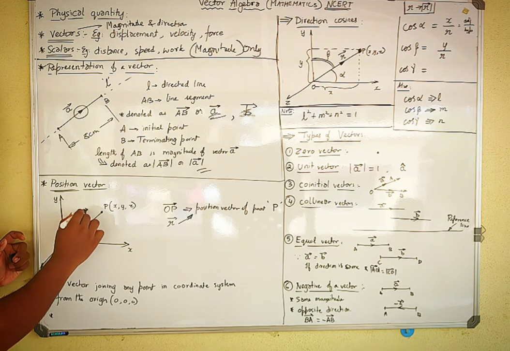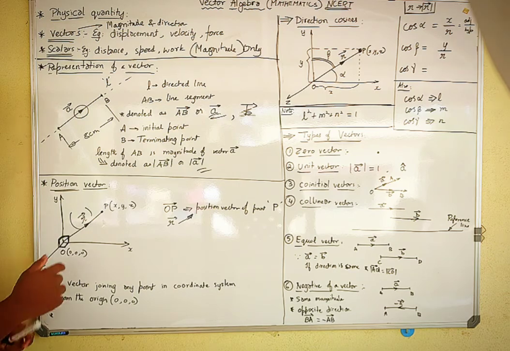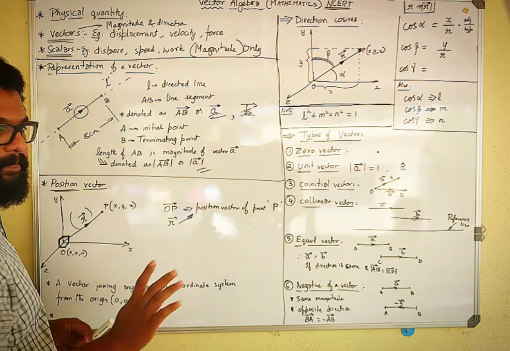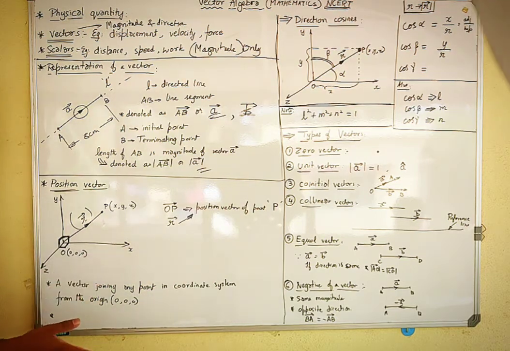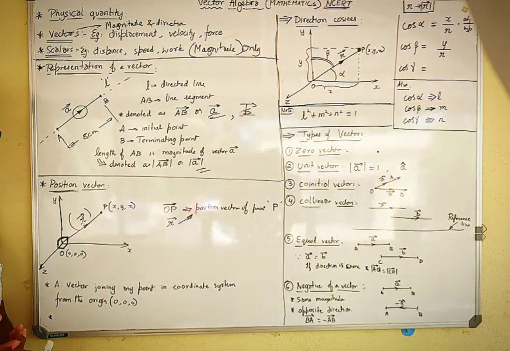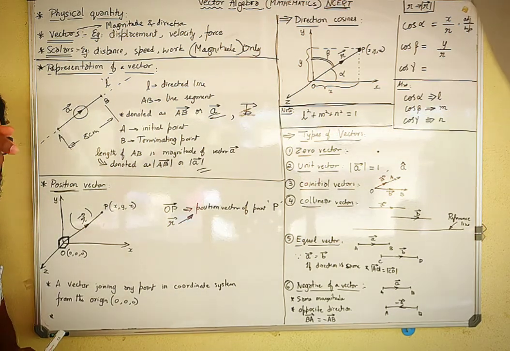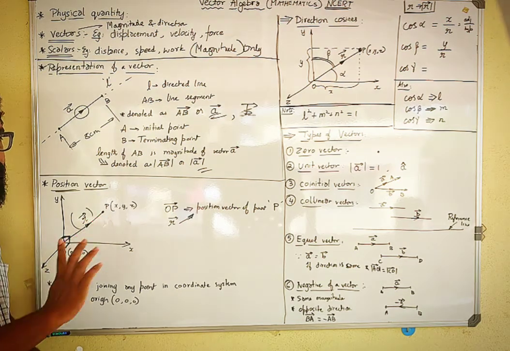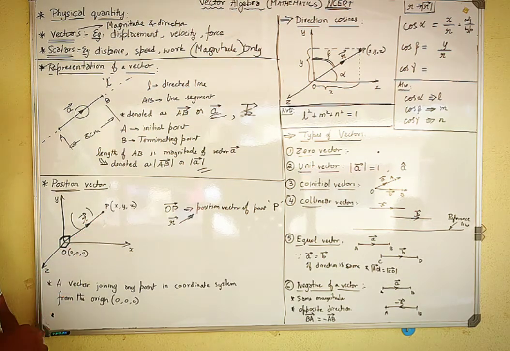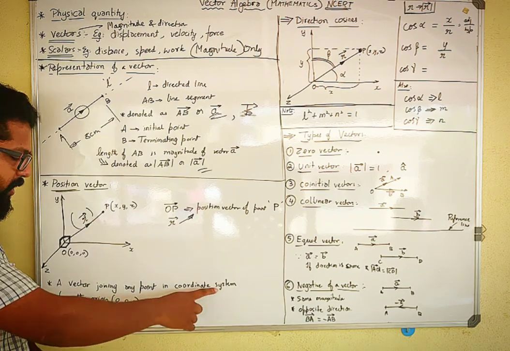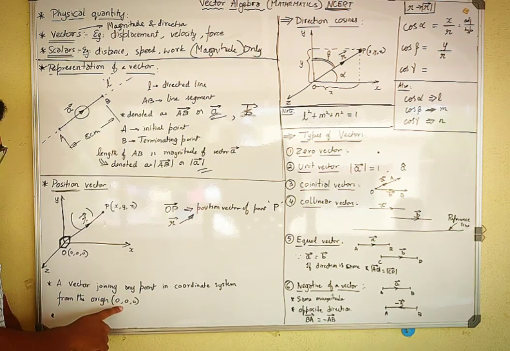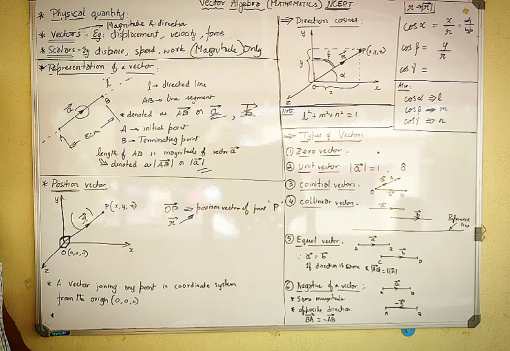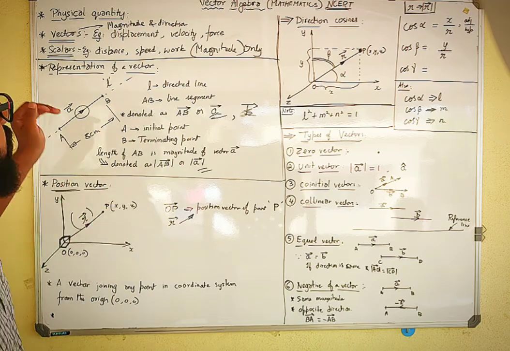I can name it anything. Here they have named it as R vector. So R vector is denoted as a position vector, and it is the position vector of point P. Okay. So the meaning of position vector is nothing but an imaginary line joining from a point in a 3-dimensional space to the origin. That line which indicates a vector is called a position vector. Okay. So that's it. A vector joining the origin to a given point on a coordinate system is nothing but a position vector. Okay. So this is what I'm talking about, the position vector, representation of vector.